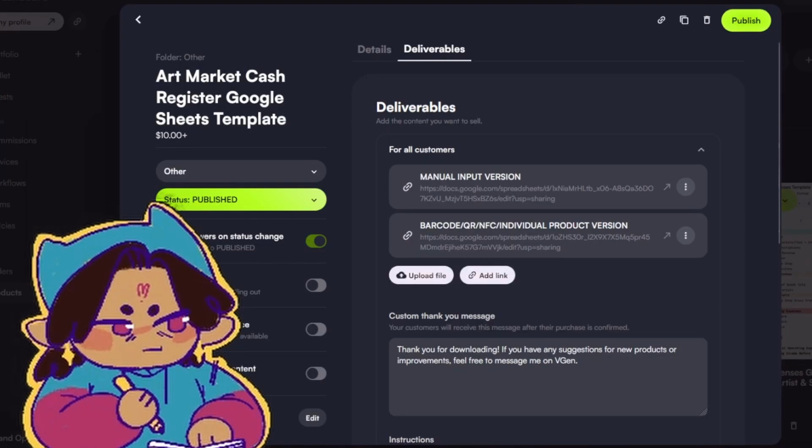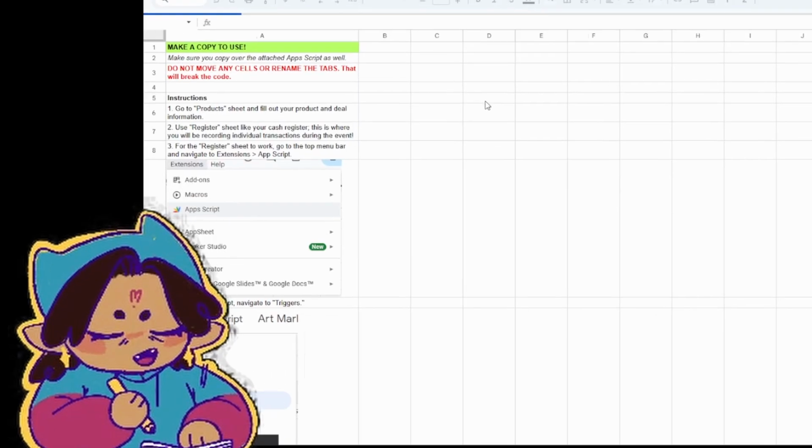This isn't going to be what the view looks like for you when you download, but this is what it looks like for me. So I have two versions. I have a manual input version and then a barcode, QR code, NFC individual product version. So we're going to go through the manual input version first and then go through the barcode, QR code, NFC individual product version. Once you actually purchase the templates, you'll get links to them where you will be able to